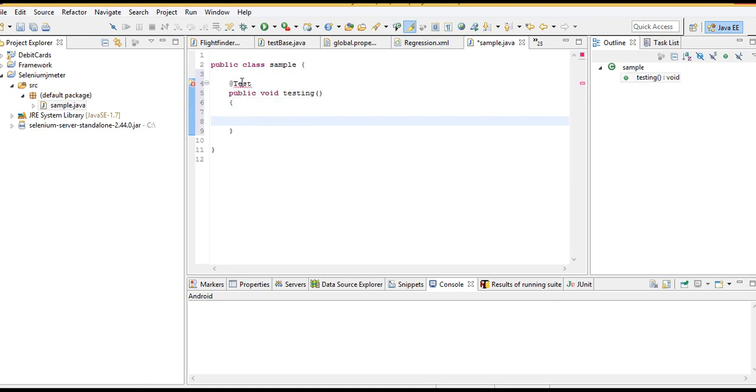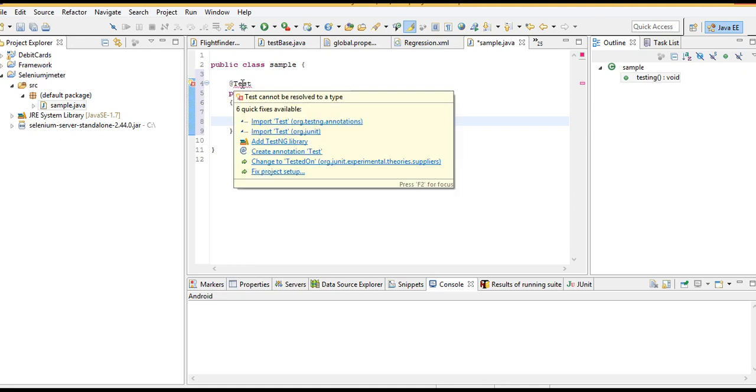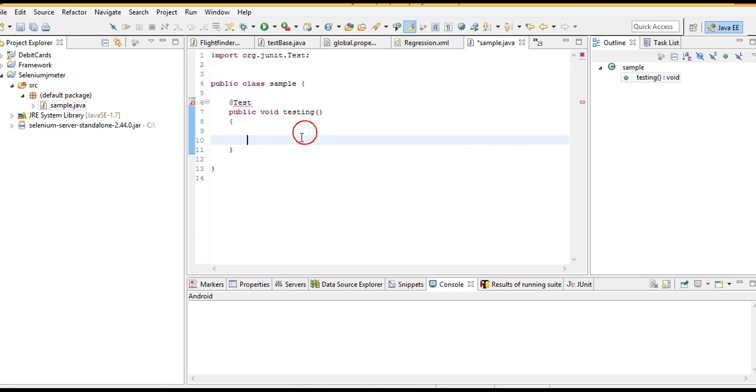Fine, let's import the JUnit library here, because JMeter supports the JUnit library. I'll show you why I used the JUnit test annotation. Fine. So let me write the basic steps.